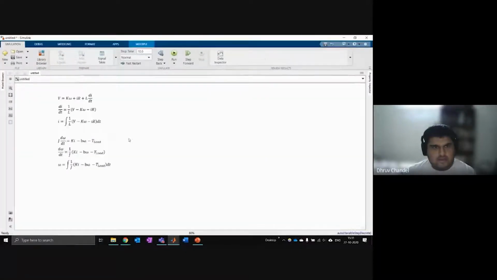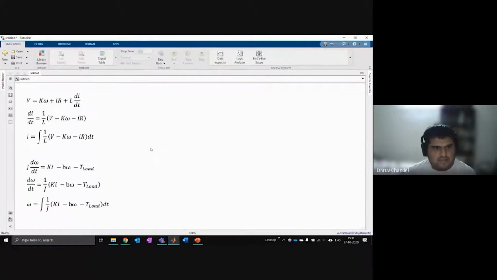Now what I'm going to do in the next 5 minutes or so is I'm going to take these two equations where there's an integrator, and I'm going to create a mathematical model of these inside Simulink. Don't worry if you're a little bit confused on why we're doing this. As we go along the presentation, all this will start to make sense. And you'll see how once we have a model, we can control it, and then we can do various things with that model.